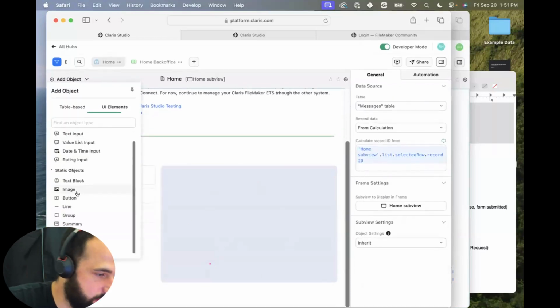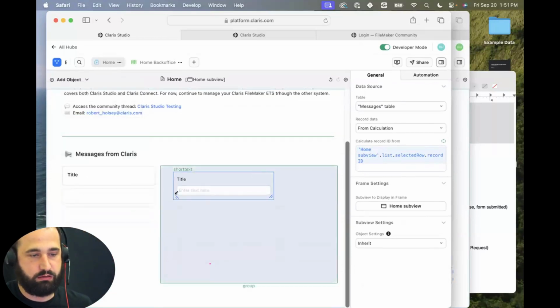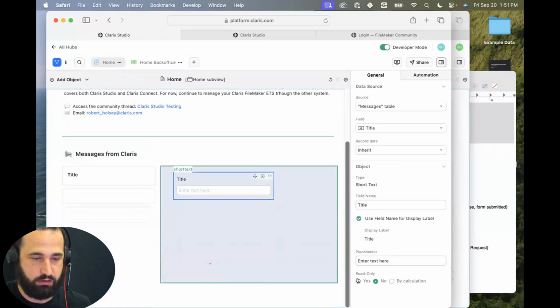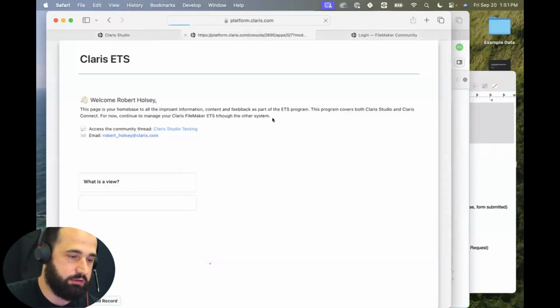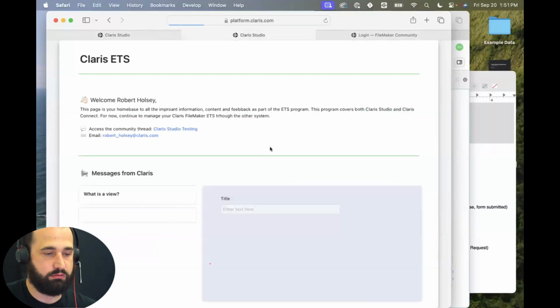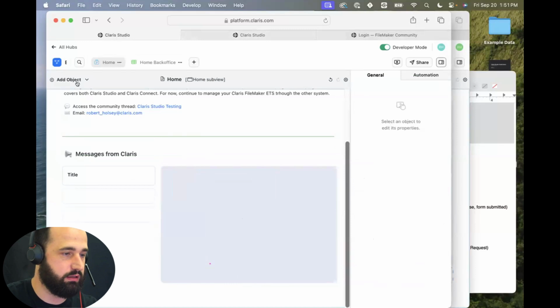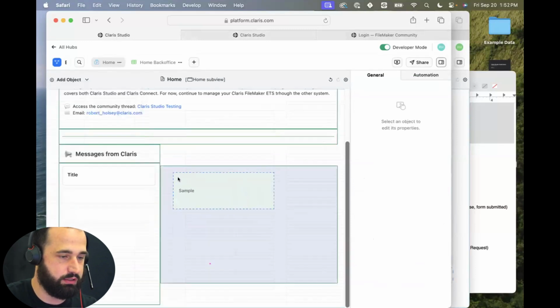Now I could just add the title and make this read only if I wanted. I selected the wrong thing. I could make this read only, meaning that when I refresh this, I have the title here, but then it kind of looks like a data entry field that I can't really enter anything into. So what I chose to do instead is our trick of using a text block and a variable. So we'll bring in that text block again,